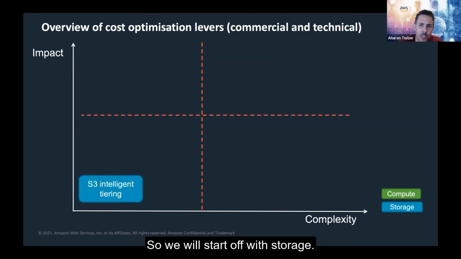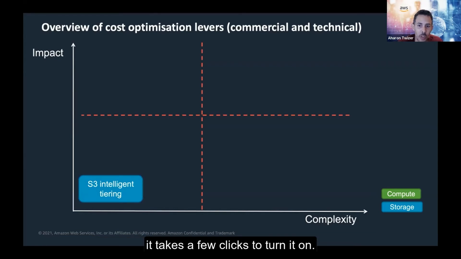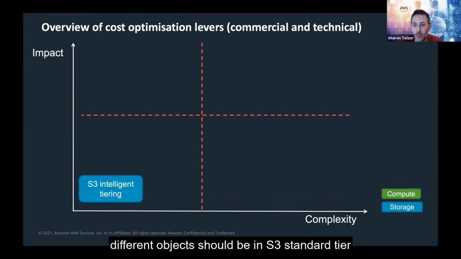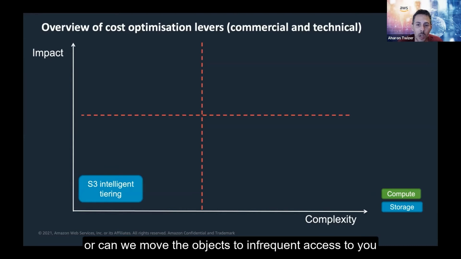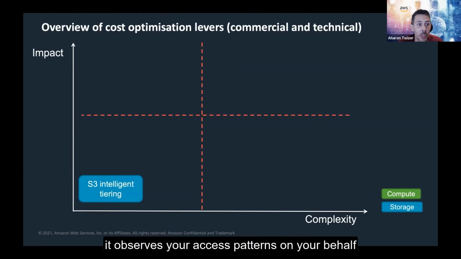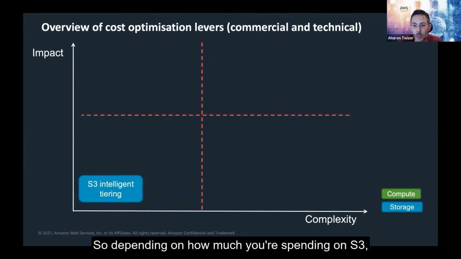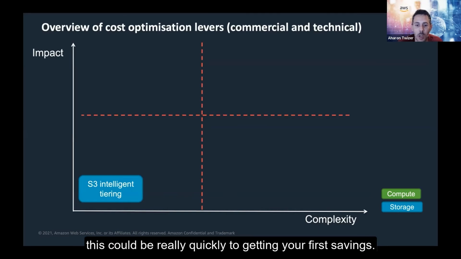So we will start off with storage. At the bottom left, we have Amazon S3 Intelligent-Tiering. It takes a few clicks to turn on, and what it does is, for your storage on S3, it uses AI/ML to automatically figure out if your objects should be in the S3 Standard tier, or if we can move the objects to the infrequent access tier, which costs less. It observes your access patterns on your behalf and makes the switch automatically between the different tiers. Depending on how much you're spending on S3, this could be a really quick win to get your first